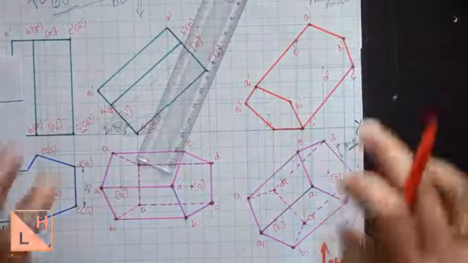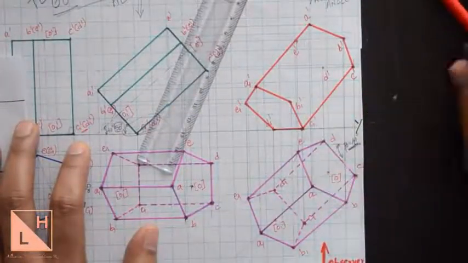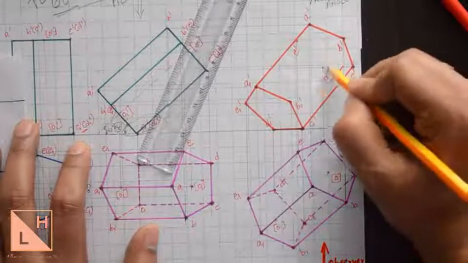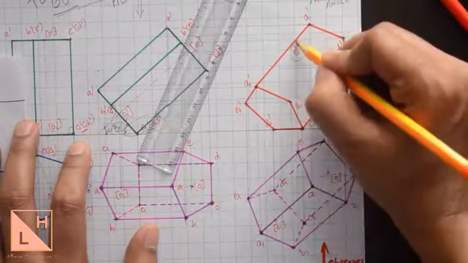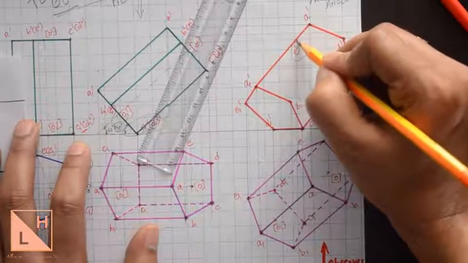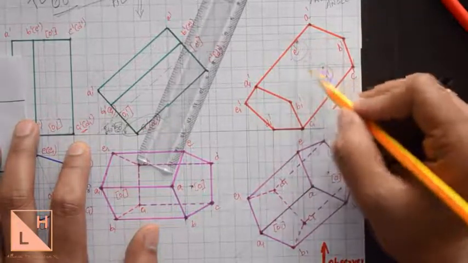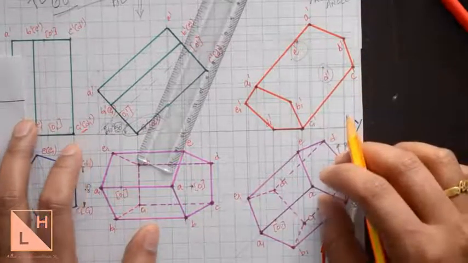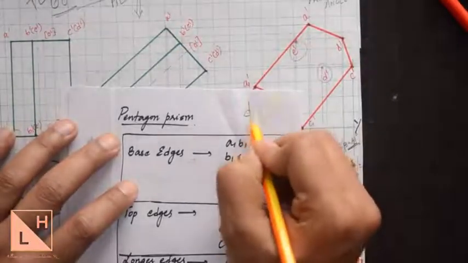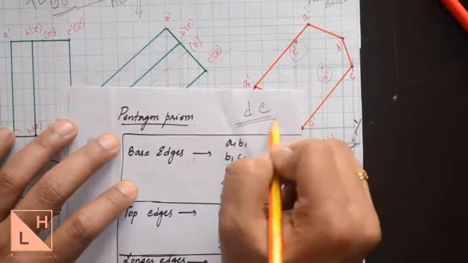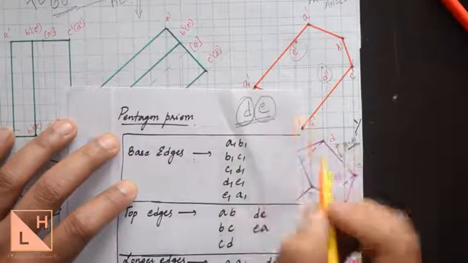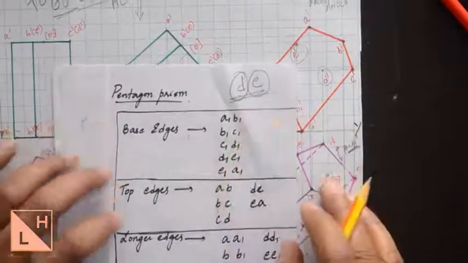Now there will be 2 points which are not touched by any of the lines that we have drawn till now. These 2 points in this problem are D dash and E dash. In fact, this line will not touch this E dash. Hence the edges emerging from these 2 points will be considered as hidden edges. That is the third step that we do. So the 2 points we have identified are D dash and E dash, which is simply D and E. So identify the edges which contain D and E in this list of edges that we have.